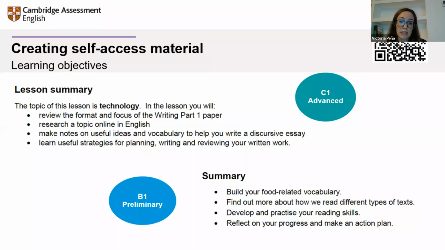So in this case, at C1, we are going to help them work on writing an essay, the different parts, the different stages of the writing process. And for B1, we're going to make them aware of the importance of the different types of reading, of course, at the right level, and also how to work on vocabulary.